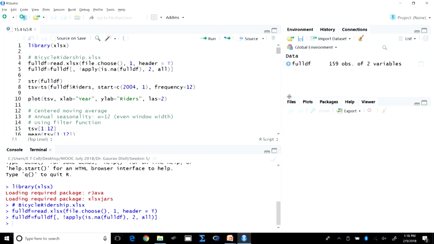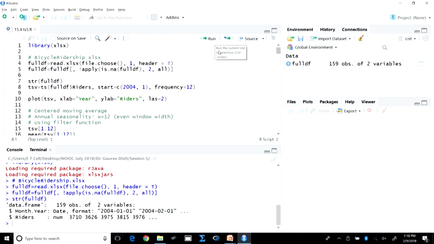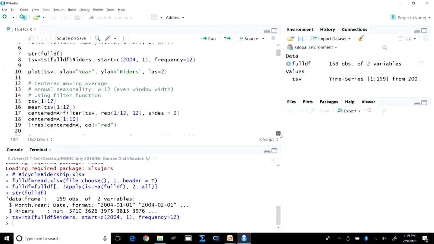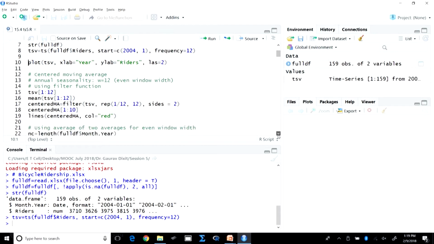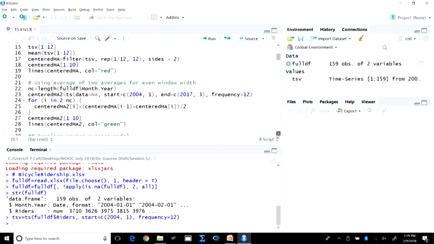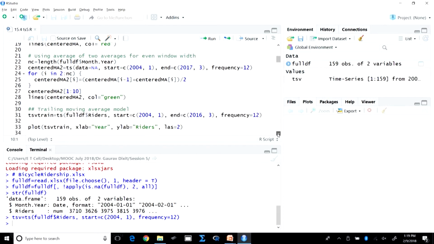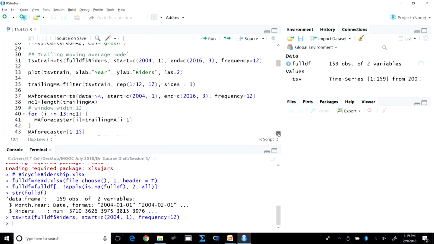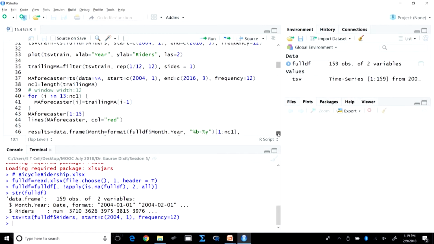You can see data has been imported, as you can see in the environment section. This is the structure of the data set, we are already familiar with this. So, I have just created the time series vector for this. So, we will just move on to centered moving average and the trailing moving average, this part we have already done in the previous lecture. So, we will just skip this